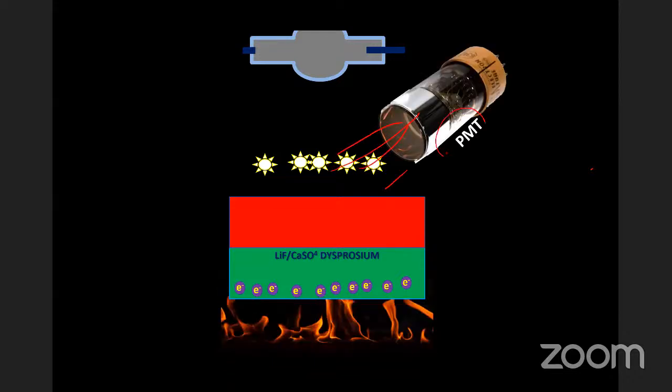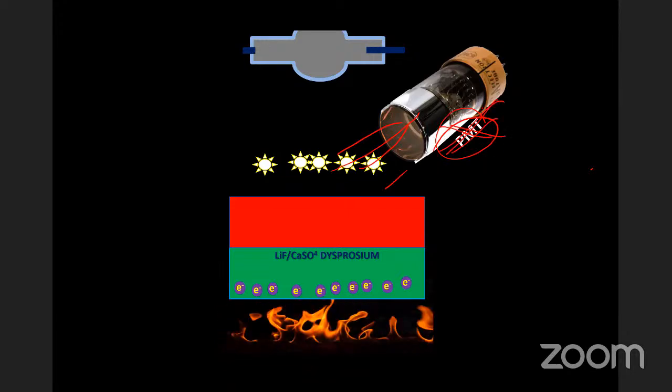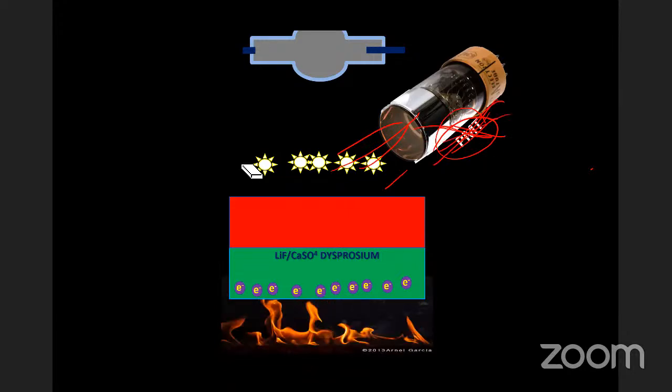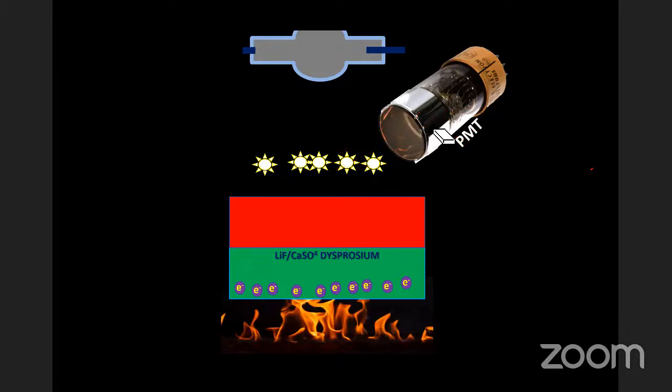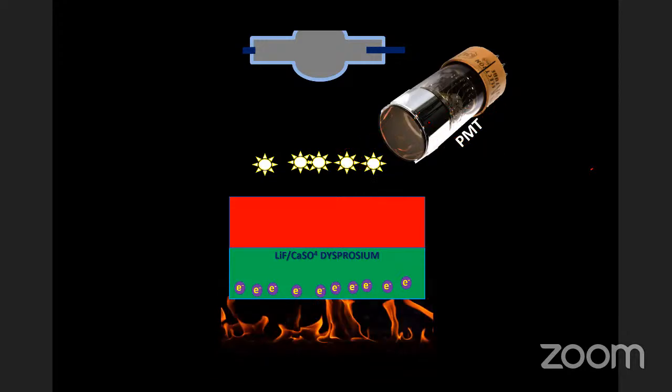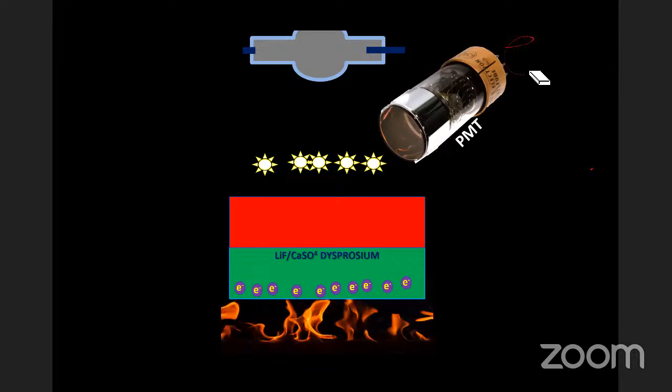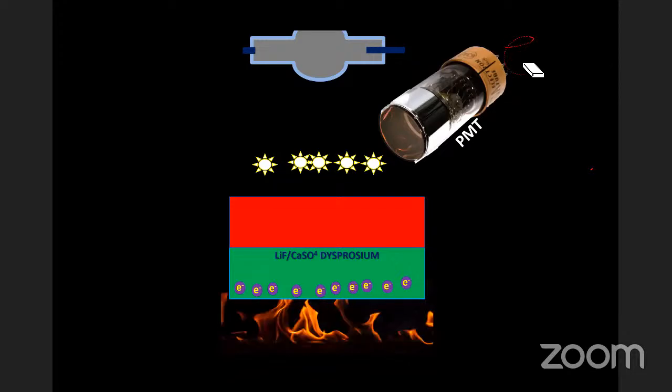All the light will be measured in something called a photomultiplier tube. You don't have to remember, just remember all till this much, enough. The photomultiplier tube will multiply the amount of light, and it will measure there. It is just amplifying and measuring it. That's all. It's like our ECG machine.